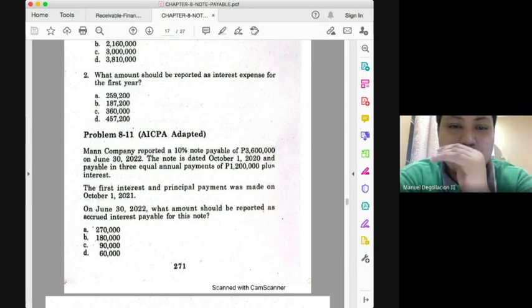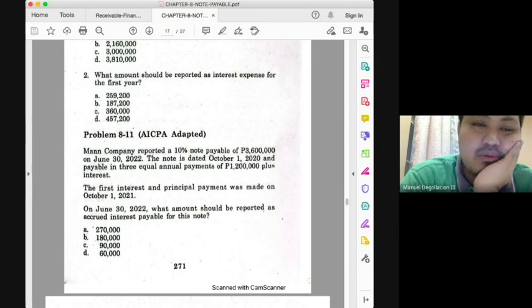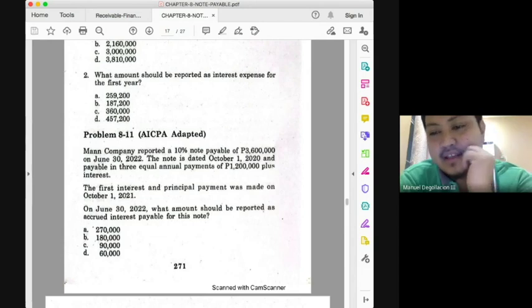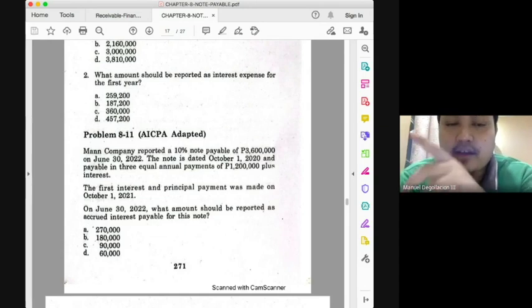So from October 1, 2020 until October 1, 2021, the amount of interest that would have been earned by the holder of the promissory note would be 360,000. But the problem is the reporting date here is June 30. We will highlight that later on. But just to emphasize,